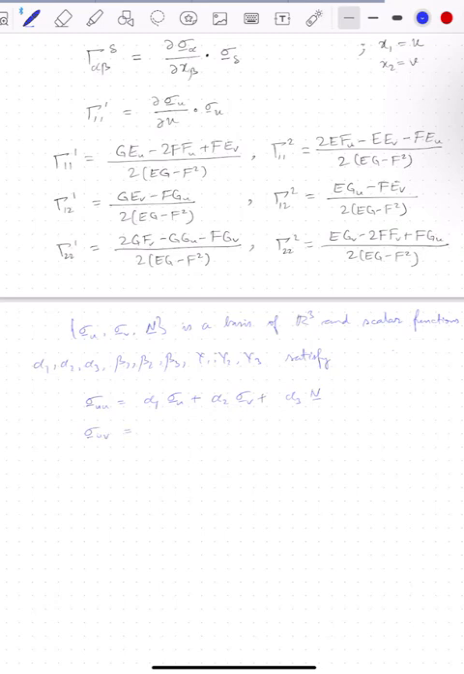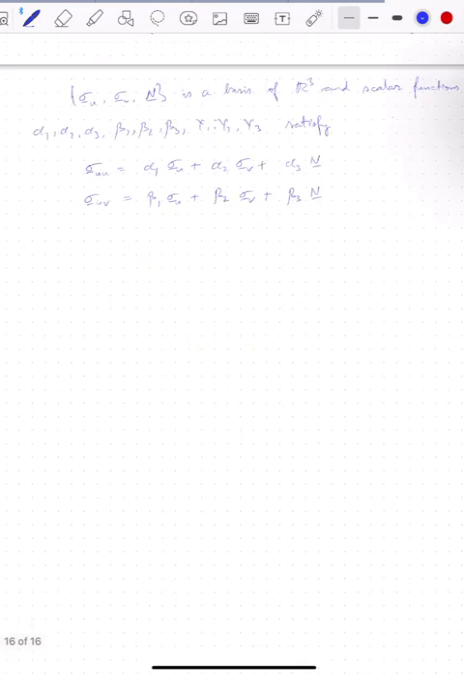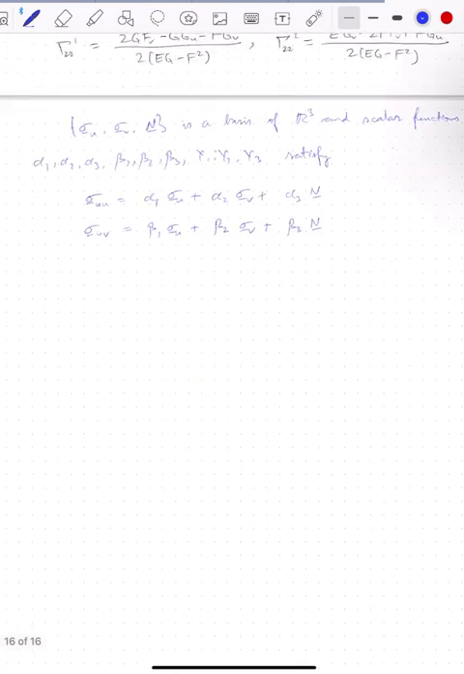Likewise, sigma uv is equal to beta 1 sigma u plus beta 2 sigma v plus beta 3 n vector, right? And likewise, we have sigma vv is equal to gamma 1 sigma u plus gamma 2 sigma v plus gamma 3 n vector, right? And using this, we can derive the expressions, whatever is necessary, right? Okay, so